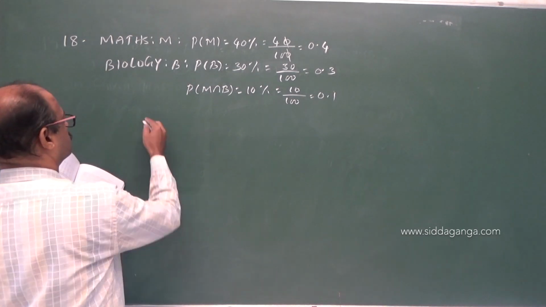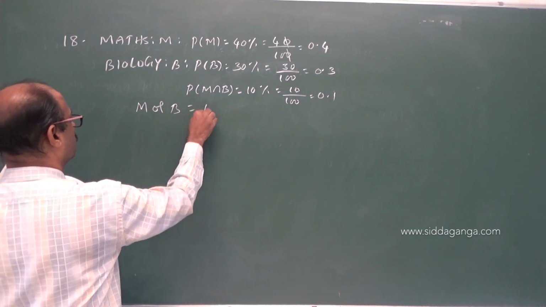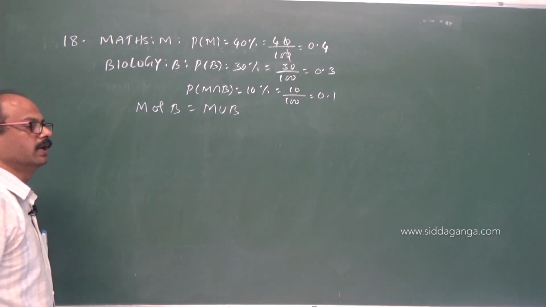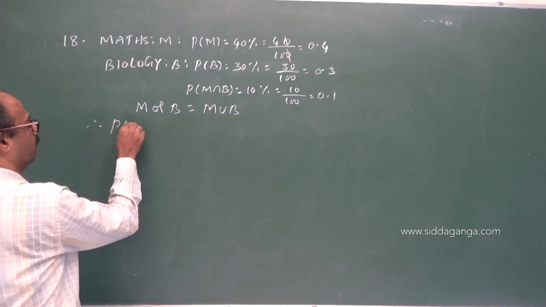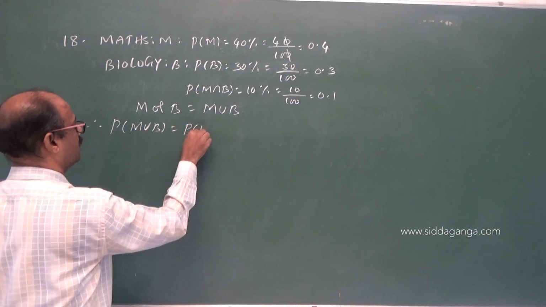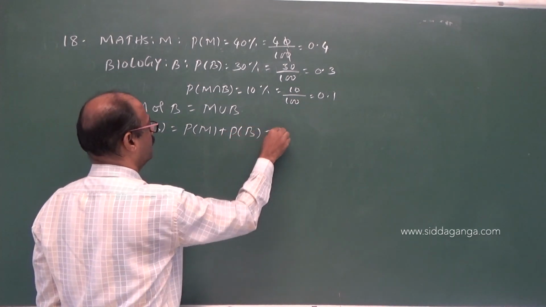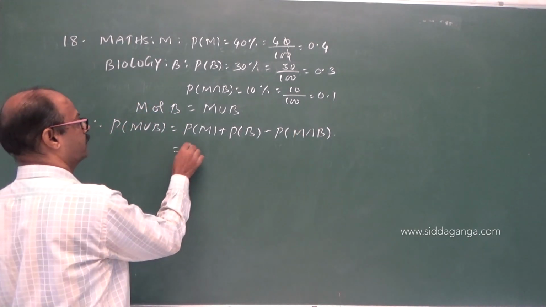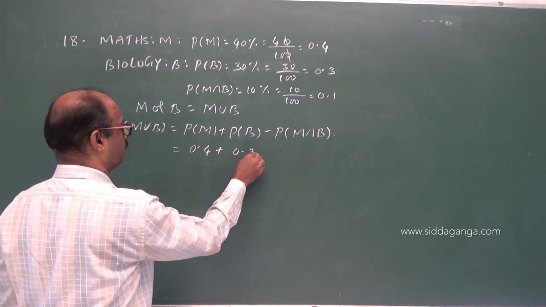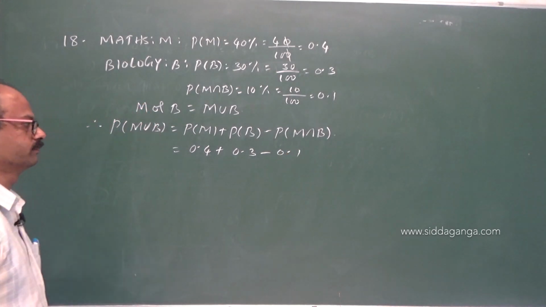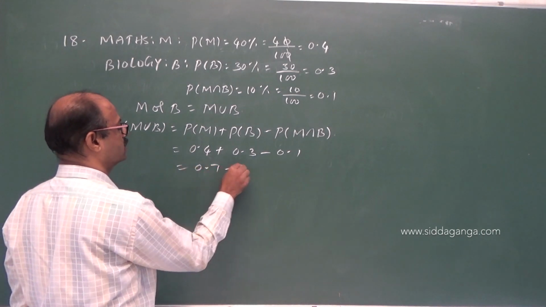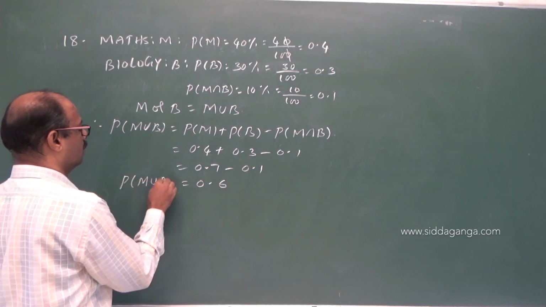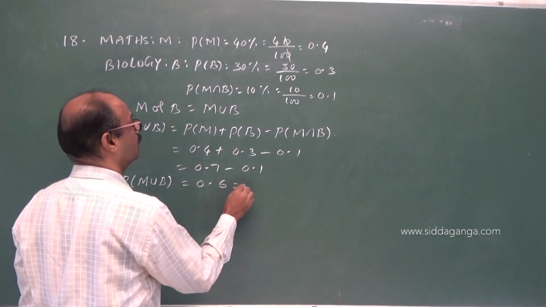So the problem is to find maths or bio, that is M union B. Or stands for union. Therefore, P of M union B is equal to P of M plus P of B minus P of M intersection B. This is the formula. Now substitute P of M, they have given it as 0.4, plus 0.3 minus 0.1, like this. If you add these two, you will get 0.7 minus 0.1, that is 0.6. That is P of M union B is equal to 0.6, or it is the same as